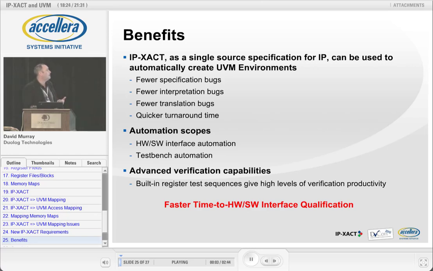So the main benefits, again: IP-XACT as a single source spec for IP can be used to automatically create verification collateral. You're going to have fewer specification bugs because you're not going to be allowed to make them. They're going to be caught at source. I think someone mentioned it always takes 3 months to capture my IP registers, etc. It could take you 3 months to find that bug in the lab, just as easily. And a few of us have been there before as well, especially in the lab, where nuances between the hardware-software interface are very, very difficult to